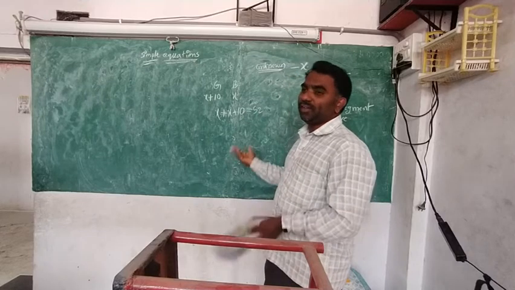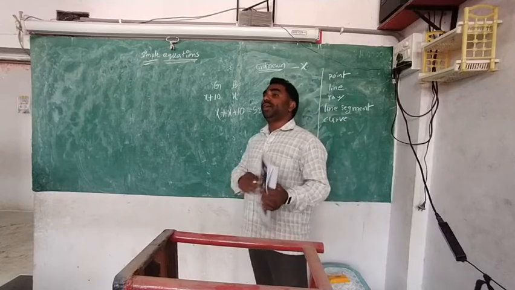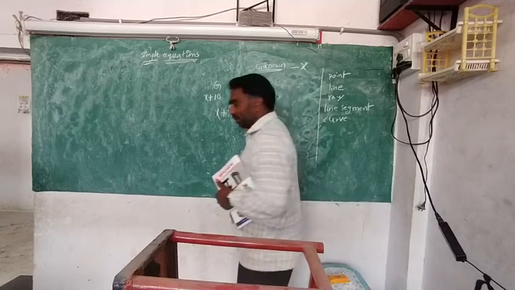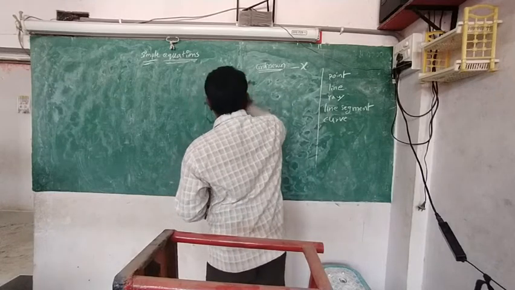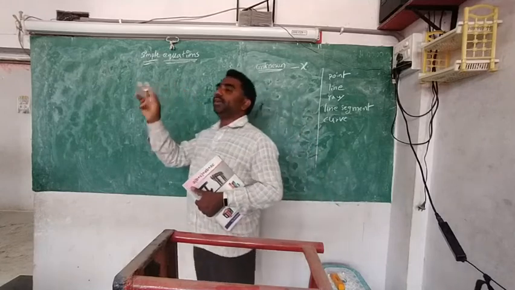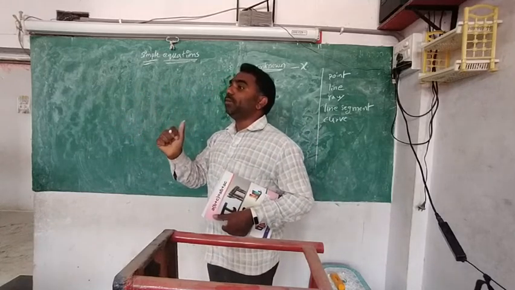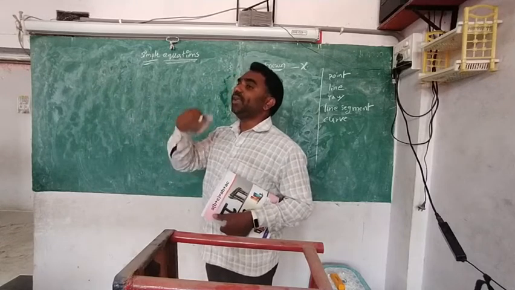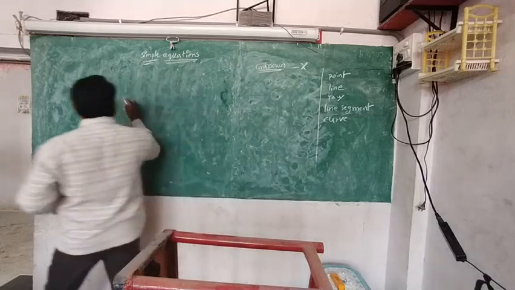Then finally you can solve it. This is the way of solving the problem. So first, step-wise, we have done the first step: you found which are the unknowns. Boys and girls are unknown. Which is important? Boys are important, because girls depend on boys. So that one we are assuming as X. So that's what you write.